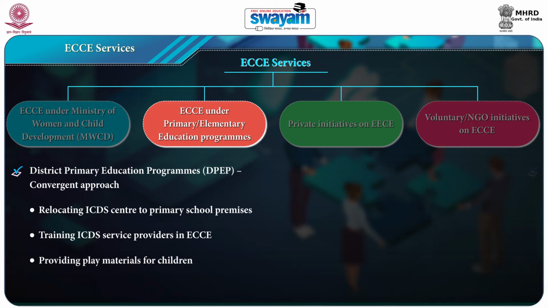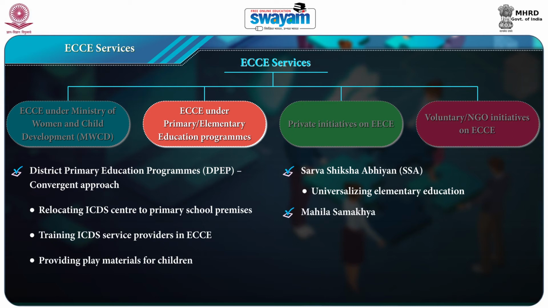The second was Sarva Shiksha Abhiyan, which was a major initiative aimed at universalization of elementary education in a time-bound manner, as mandated by the Constitution of India, making free and compulsory education for children of 6 to 14 years a fundamental right. The third was Mahila Samakhya, another initiative by the Government of India that got